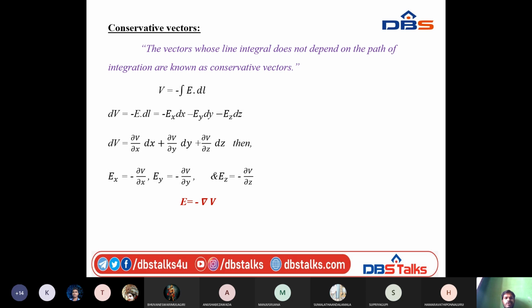So it is the line charge. Let me represent minus E dot dl: dl means Ex along with dx, Ey along with dy, Ez along with dz. dV is already known. From this you can equate the electric field components from these two equations. You will get Ex equal to minus dou V by dou x, Ey equal to minus dou V by dou y, and Ez equal to